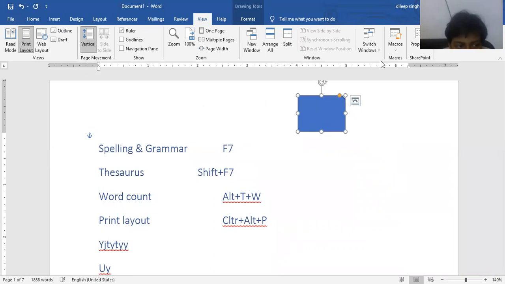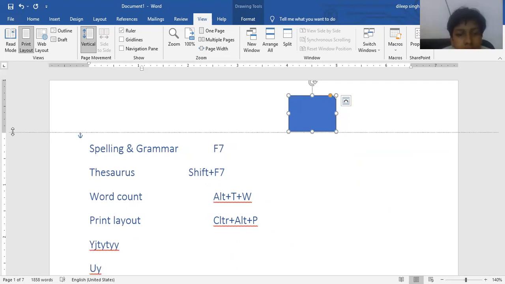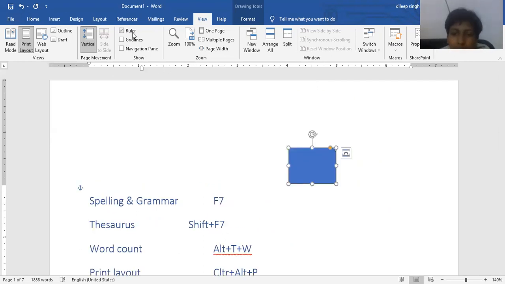If you want to increase it, just click on this and increase the margin. And you can decrease the margin by using the direct method. Similarly, if you want to increase or decrease this, just click on this. Or you can just increase this or decrease this like this. Clear? Similarly, if you want to add top margin or remove top margin, use this adjustment. So that is all about ruler. Clear?